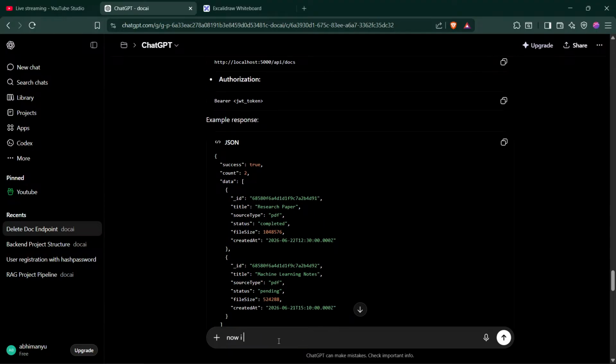Now I want to implement get docs by id in our controller.